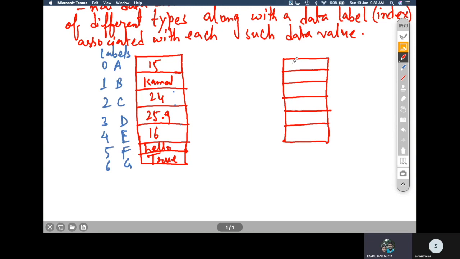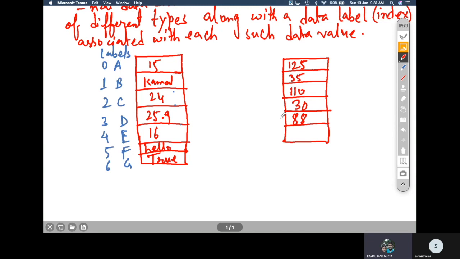Say for example 125 crores, 35 crores, 110 crores, 30 crores, and then 88 crores.